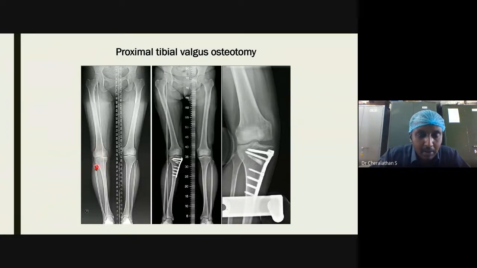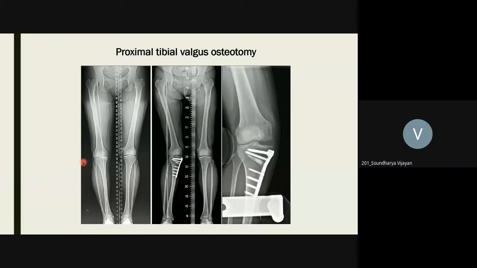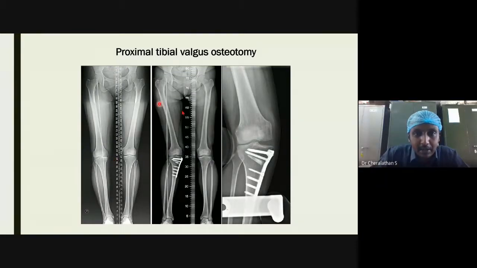Are you all able to see that? This is the center point of the knee. Either it should lie here or just medial to it. But here it has gone lateral to the line. You all agree? Yes, sir. So this is a varus deformity, and they have done a valgus correction here. This is an overcorrection. In this particular individual, there has been some overcorrection. That is why there is so much deformity here.